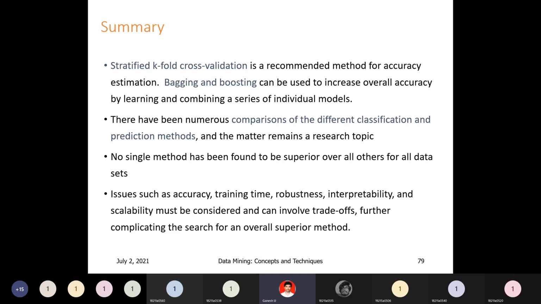Yeah, and the matter remains a research topic. Okay, so here, this is data mining. This subject, classification and prediction, is a very good research topic. A number of applications are there. You can see thousands, not only thousands, lakhs of papers in this particular research area, data mining and data warehousing. From the last 20 years, you can get an enormous number of papers. It is a good research topic.